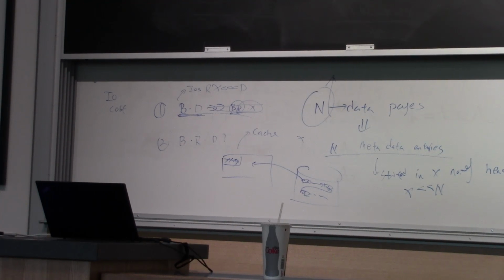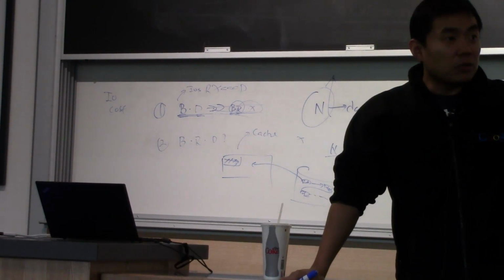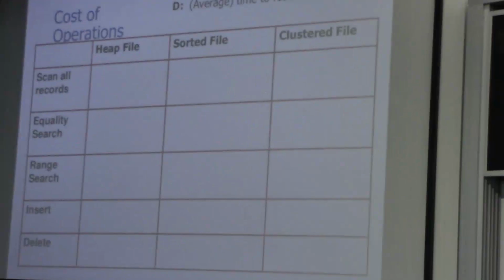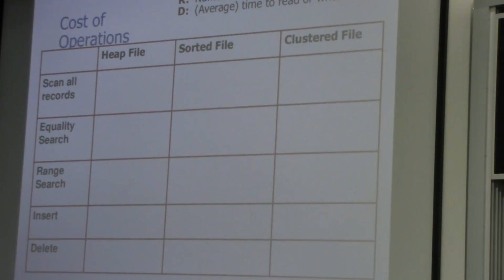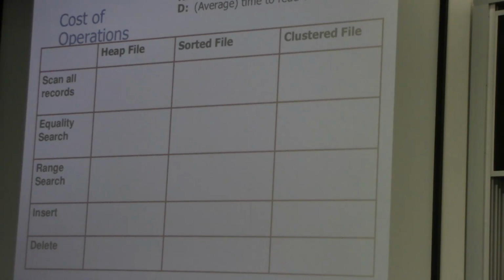Yes. Okay. Now what about sorted file? Of course, here we assume that the value you are searching for is the attribute that sorted file used to sort the records. Otherwise, the sorted file for this particular operation is same as a heap file. It's not sorted. So it has to be sorted on the attributes you are searching for. Otherwise, it's effectively just a heap file. Does that make sense? So here we'll assume the student file is sorted on the name attribute.